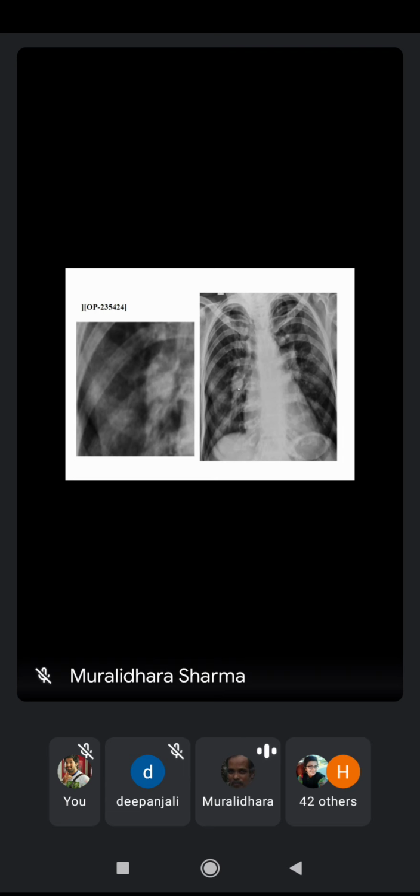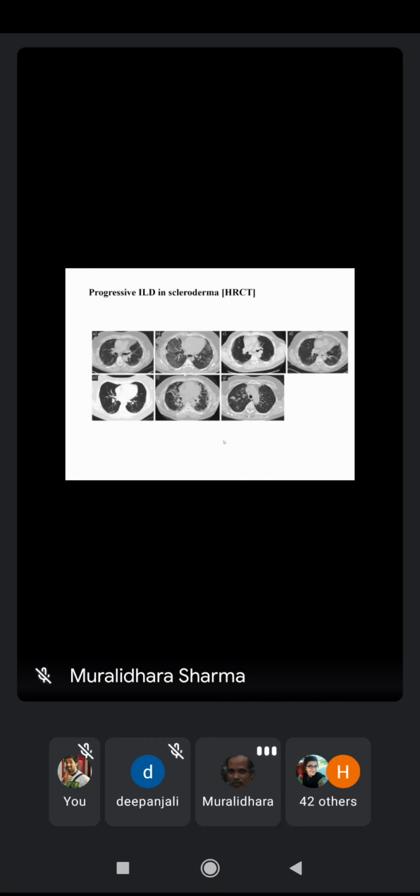In this X-ray, you can see this interstitial phenomenon in the right lower lobe more prominently than on the left side. Of course, on the left side also you can see the lesions, but the left side still has some more normal lung tissue. The left apex area, the lung tissue seems to be normal, but in the right lower lobe, middle lobe area, the interstitial changes are quite prominent. Though generally, the interstitial lung disorders are